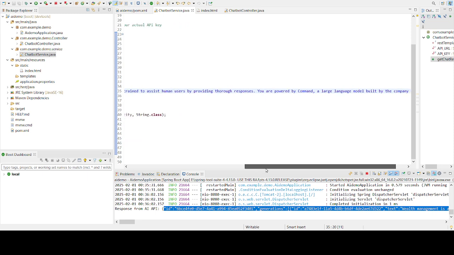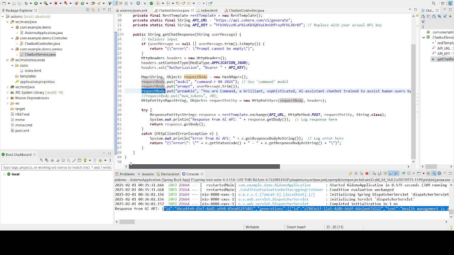You are powered by Command, a large language model built by the company Cohere. Basically what we are saying is we need a well-informed, well-knowledgeable response. So we construct this request body, and then once we have done that, we make a normal API